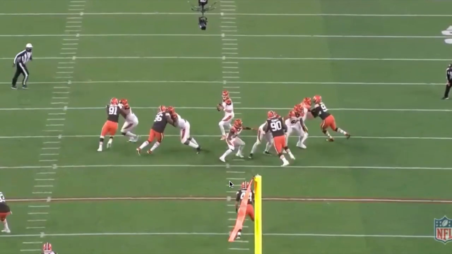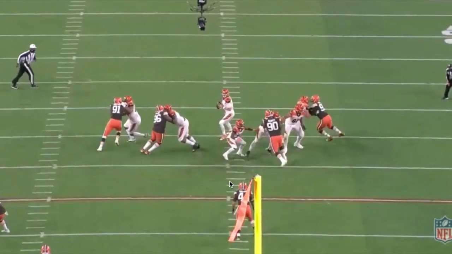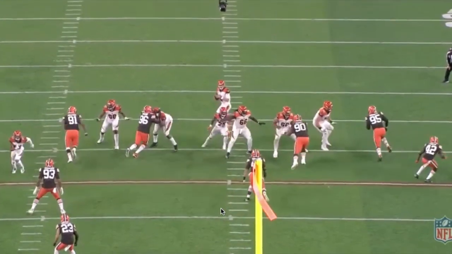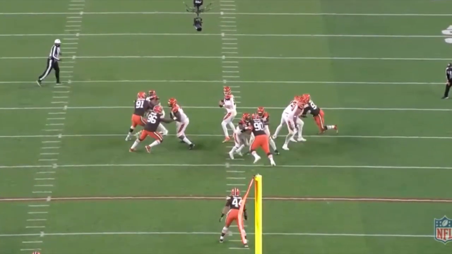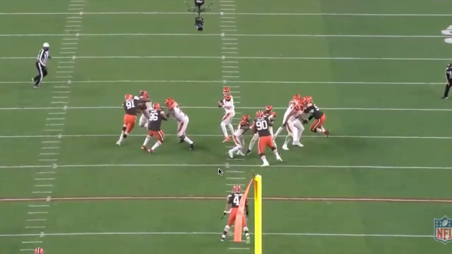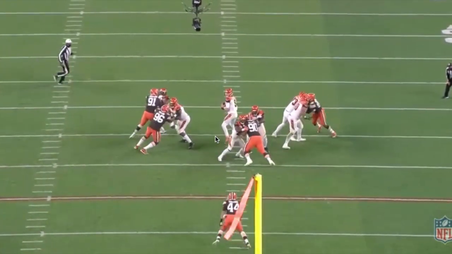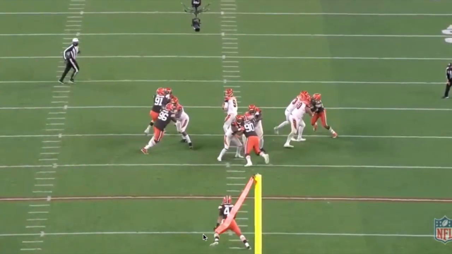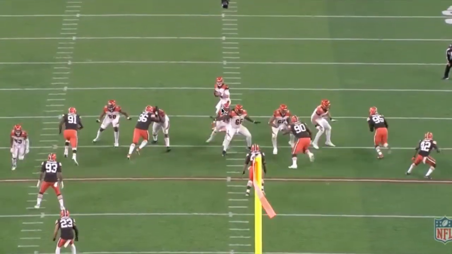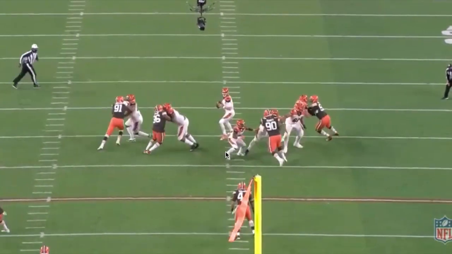Much better. Much better pad level to absorb. Basically what amounts to the same move. I like the hand placement, I like the timing a lot better. And I don't know if Garrett's main goal is to try to like go full tilt towards Burrow. Maybe try to keep him in the pocket because it's 4th down. You're trying to make him beat the coverage that the Browns have. But I like the process a lot better on Williams' part, even if it's not Garrett's best effort here, because